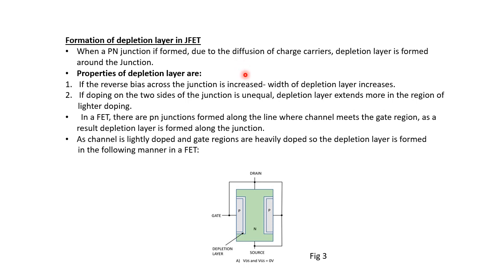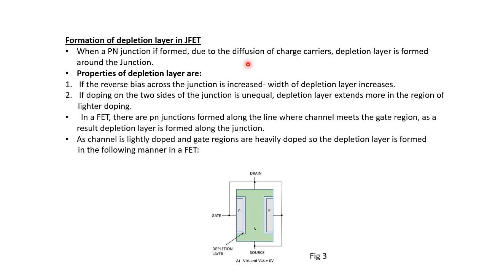When a junction is formed, the electrons from the N side cross over to the P side due to the attraction towards the holes, and the holes on the P side are attracted towards the electrons on the N side, so they cross over to the N side of the semiconductor,